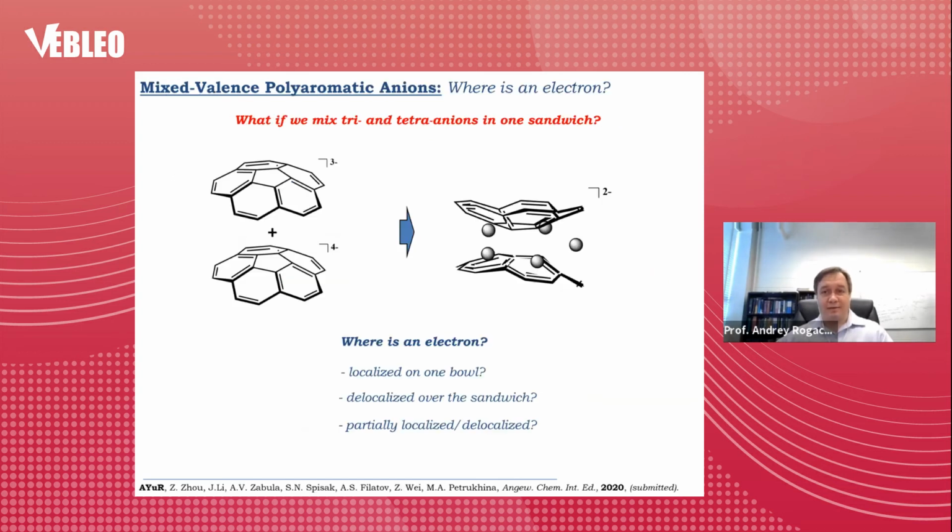Okay, the next question that came to our mind was, what if we mix open-shell tri-anionic ball and closed-shell tetra-anionic species? Because if we make this possible, there are several questions that show up immediately, like, where is this unpaired electron? Is it localized on one ball? So we have clearly 3- and 4- balls. Is it delocalized over the sandwich? Or is it partially localized, or delocalized with some degree of localization? Okay, we move to